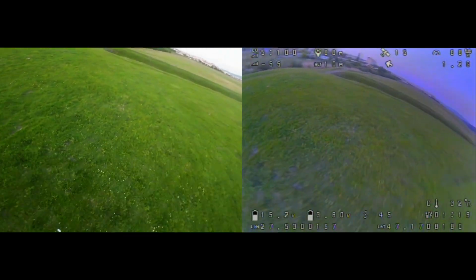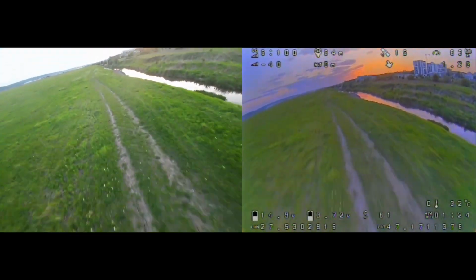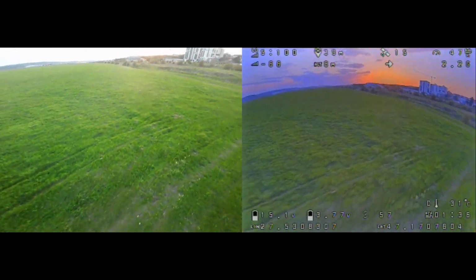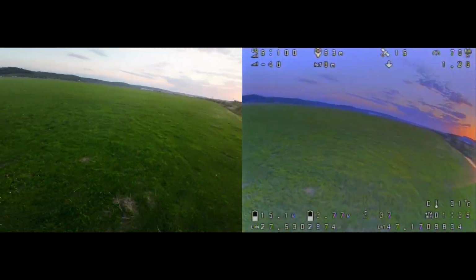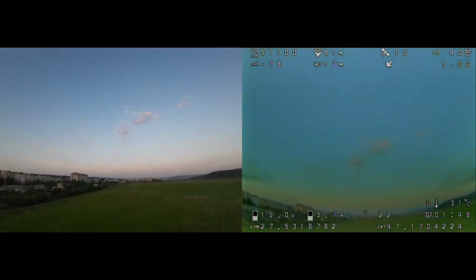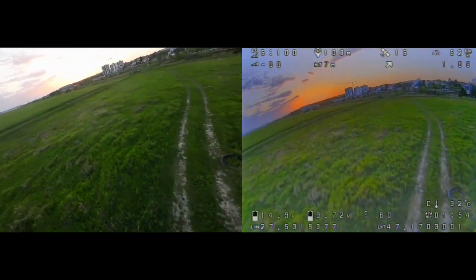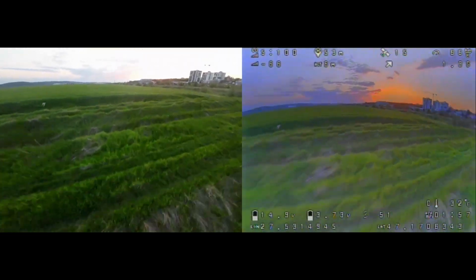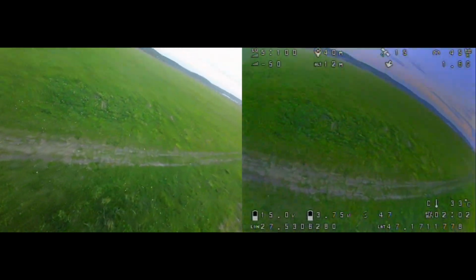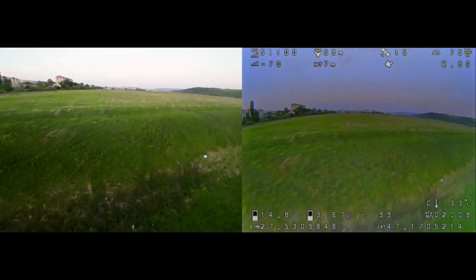Now these dawn conditions are quite harsh, I must admit, for the cameras and in particular for the image sensors, because of course these diodes have some limitations in terms of wide dynamic range, and of course the wider the dynamic range, the more expensive the camera gets when it comes to digital. Why? We don't know, because digital compresses a lot of data into bits, and then they get interpolated, and then they get read from one chip to the other chip, and because of that a lot of information is lost